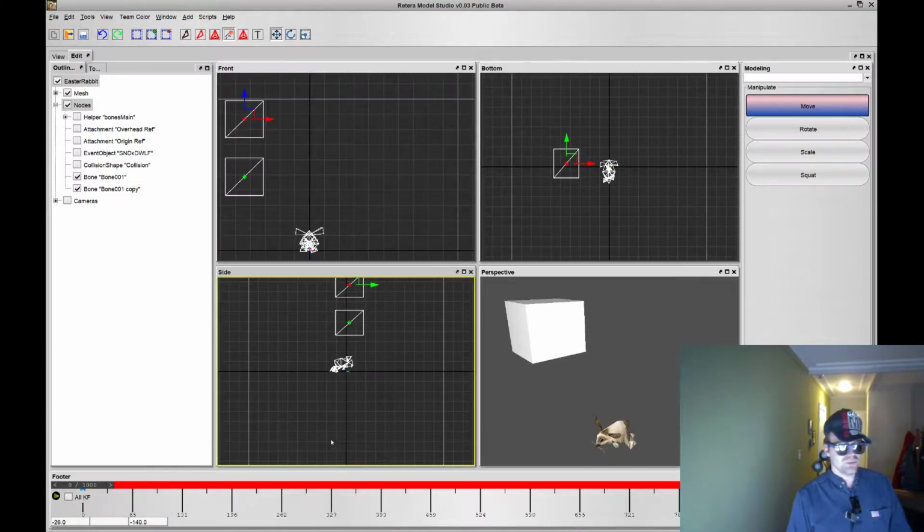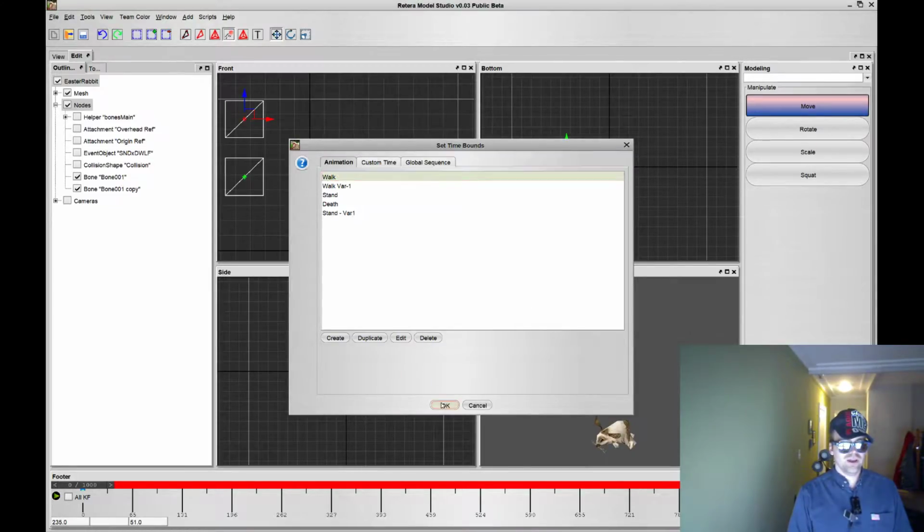The reason for that is that global sequences are exclusive with normal sequences. In other words, if I have a bone and it's translating around, it's either doing that in an animation or it's doing that in a global sequence, but it's not doing that in both, right? It cannot do that in both. That is not allowed. So as a workaround, what you can do is go back to walk,